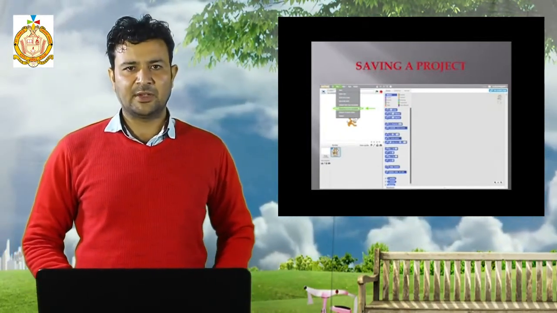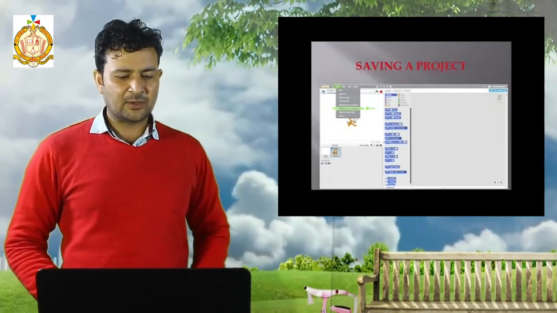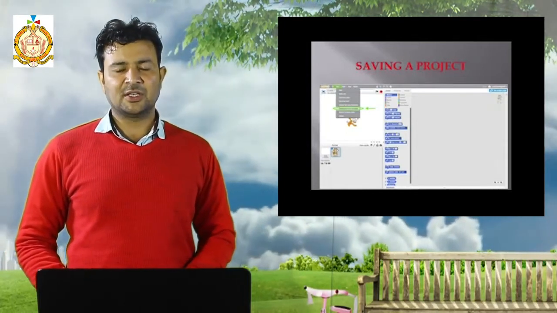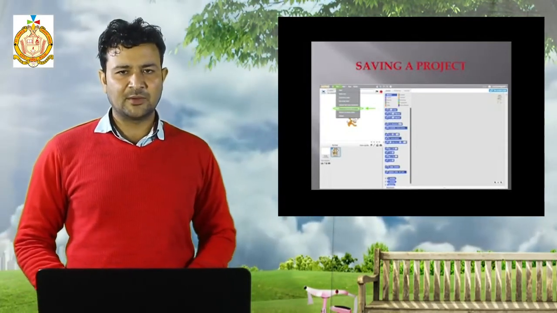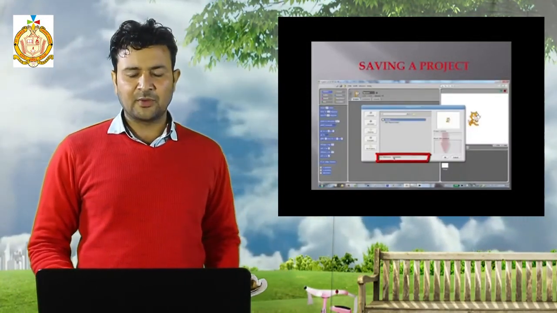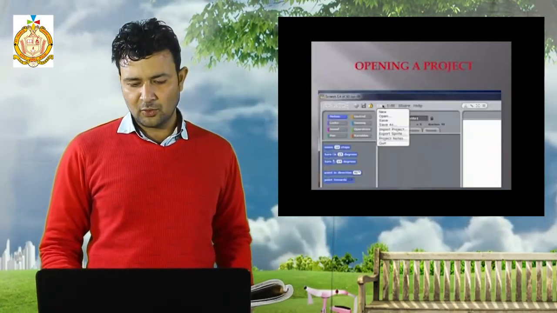Normally when we save any file in Word or Paint or Excel, the same steps will follow. We have to click on the file. After clicking on the file, you have to select the location in which you want to save, then give the name of your file. Next, you have to give the name of your file, whichever name you want to give. After giving the name, you can click on the OK button.